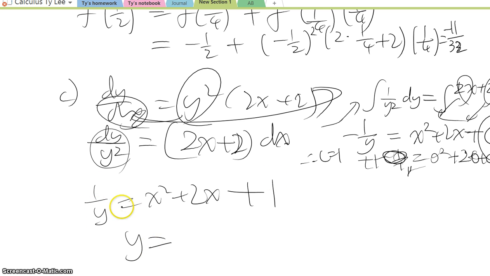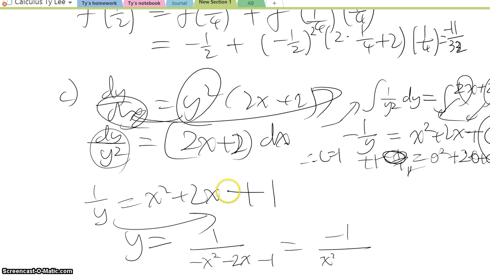You're going to get the general formula. Y is going to travel all the way to the right again: 1 over negative x squared minus 2x minus 1. I'll just write down negative 1 over x squared plus 2x plus 1, which is